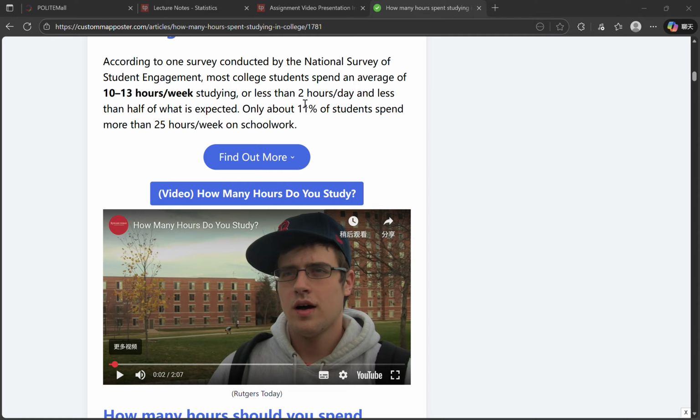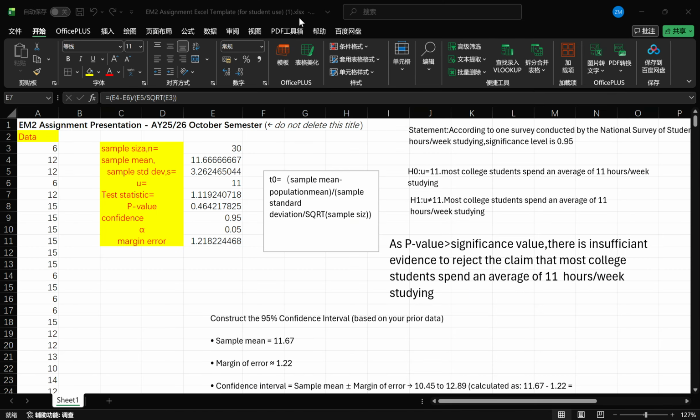Now, let's analyze this data further. We assume the population mean study time is 11 hours per week, and we will use a two-tailed t-test to evaluate if this assumption holds. My null hypothesis is the true average weekly study hours of college students is 11 hours. My alternative hypothesis is the true average weekly study hours of college students differs from